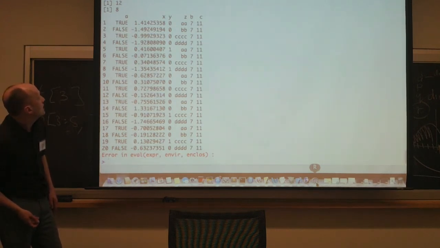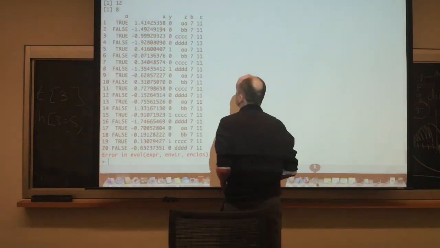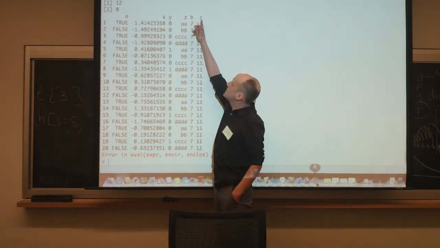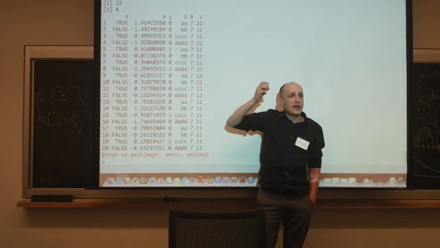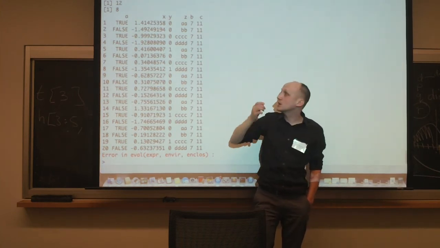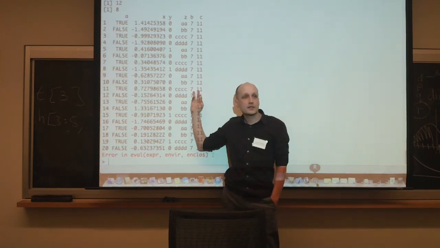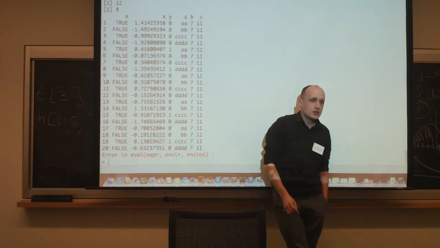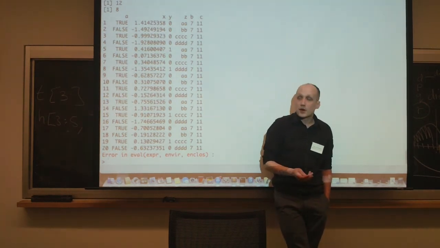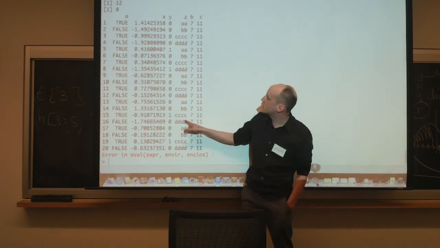Notice, what did I do? I did a couple of crazy things when I constructed this. For example, I threw in B and C. B and C were things that I constructed way up the code, and they were just scalars. B was a 7, C was an 11. Actually, these were constructed in that function example that I skipped over today. But they're just scalars. And much like when I was constructing matrices, I've only got one number, but I've got to fill 20 rows with it. It just recycled them. Same thing with this character vector.